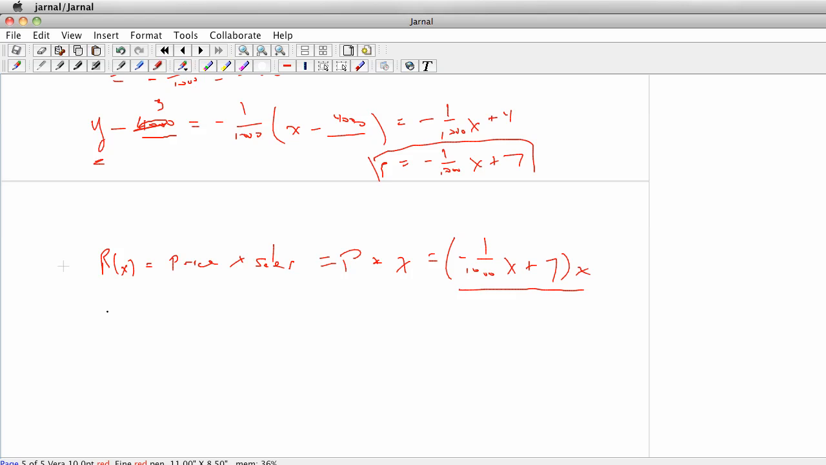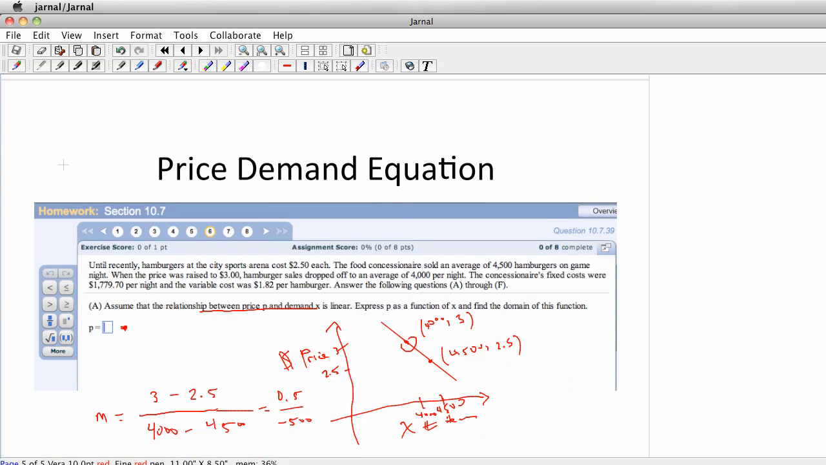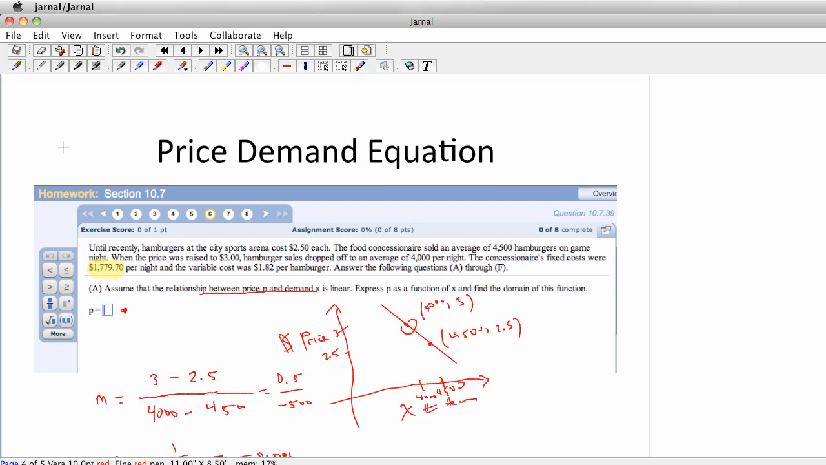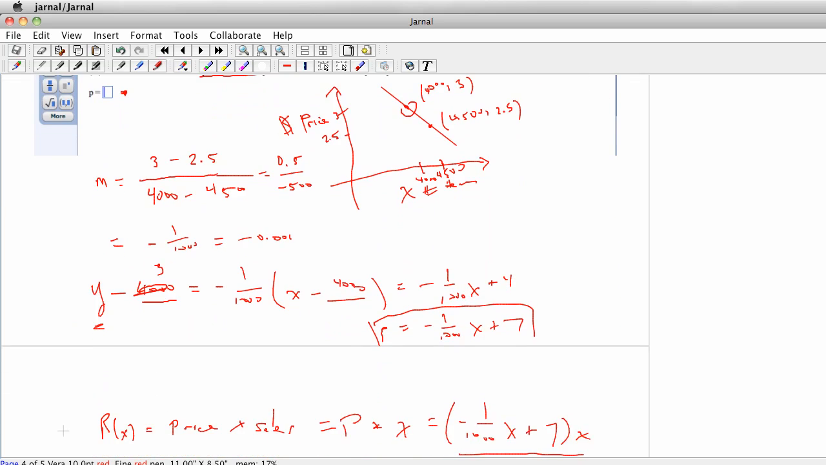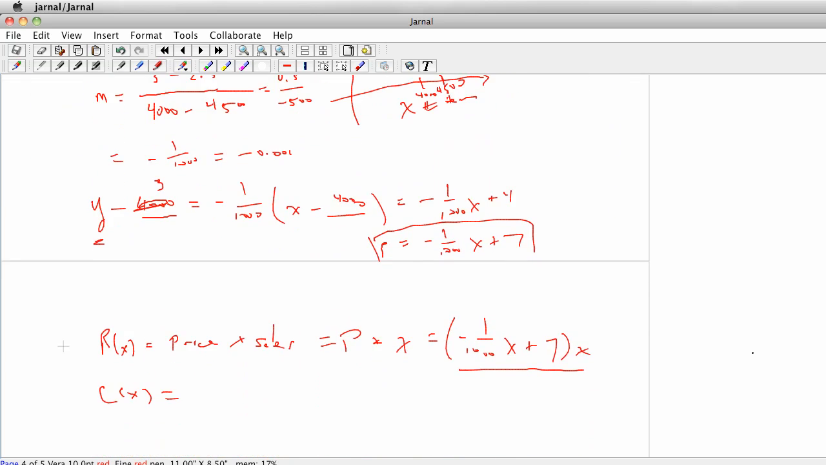The rest of the problem is eventually going to be about profit. So I also need a cost function. And so we have to be able to do an analysis for cost function from this word problem. What do they tell us about cost? Well, they tell us that fixed costs are 1779.70. Fixed cost means that those are the costs that you incur without selling anything. So that's salaries and utilities or anything like that that you will have to pay regardless of whether you sell